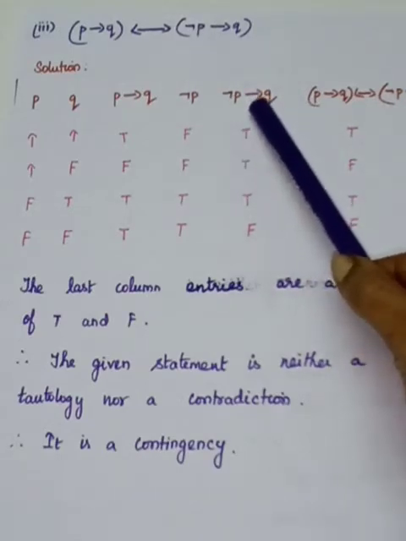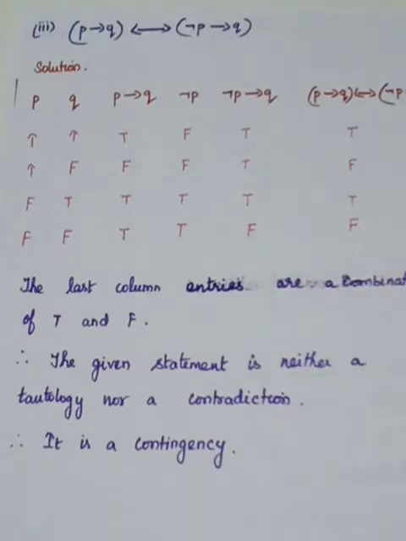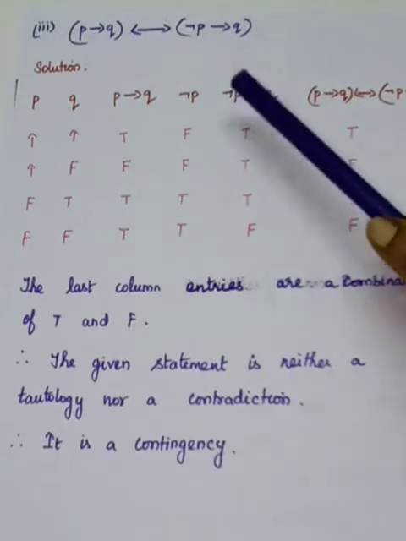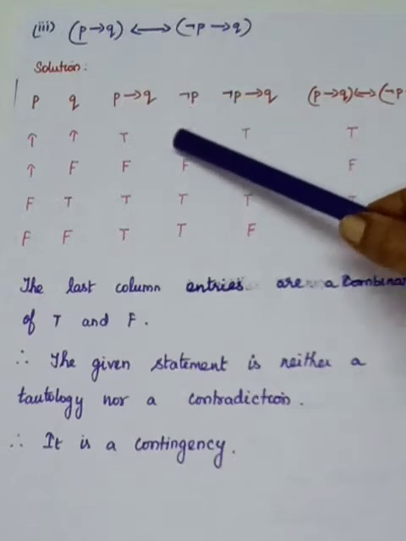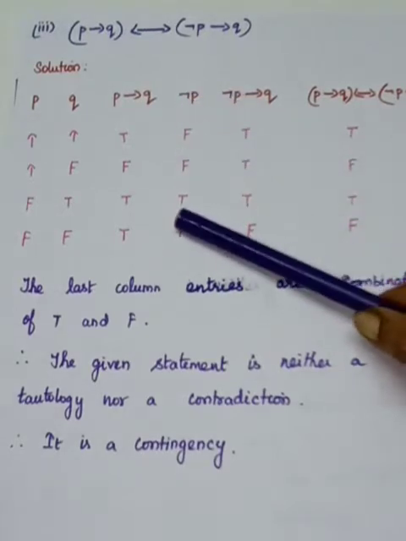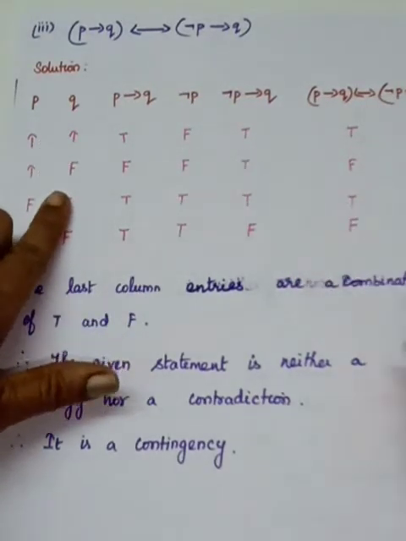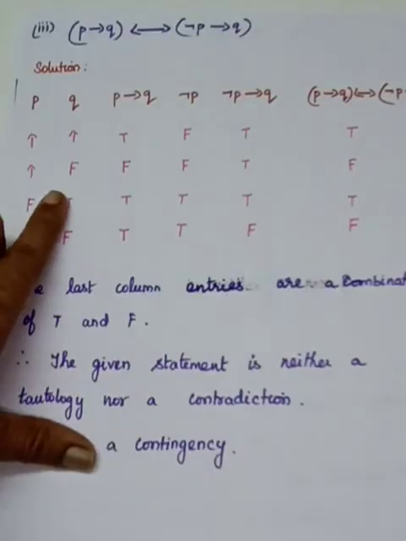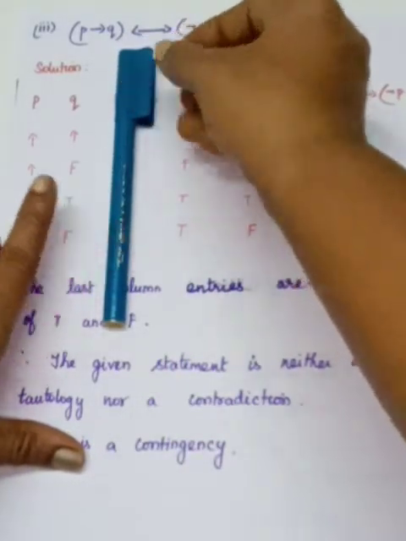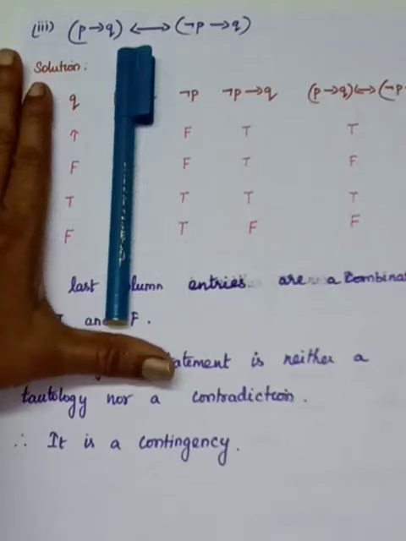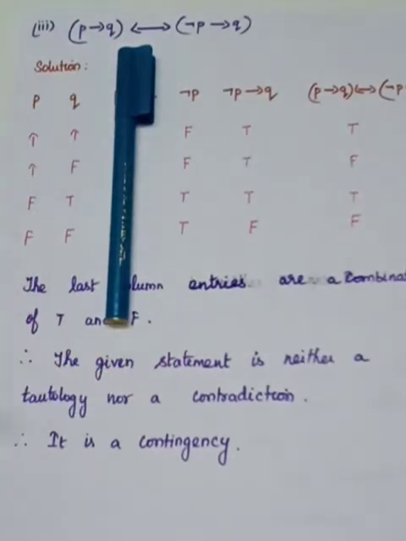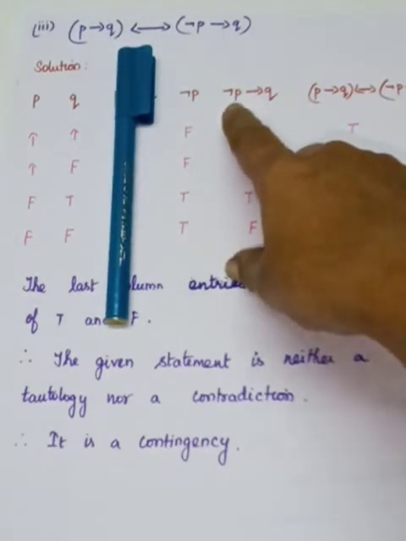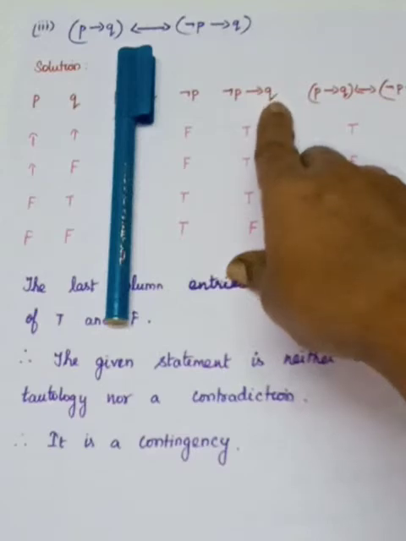Negation P implies Q. Or if negation P, then Q. So which column you have to consider? First you decide. So negation P. So that is the 4th column you have to see. Next one, Q. So you have to see only what are the columns. That is the 4th column and the 2nd column. But in the conditional statement, you have to look at your order. Order is important. What is the first statement? Negation P. And the second statement only Q.